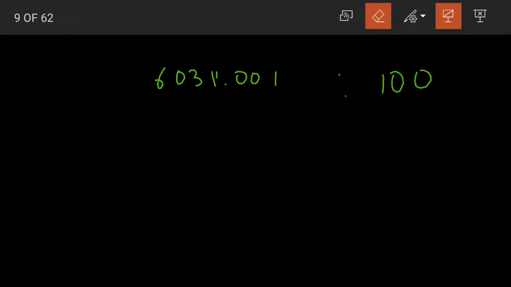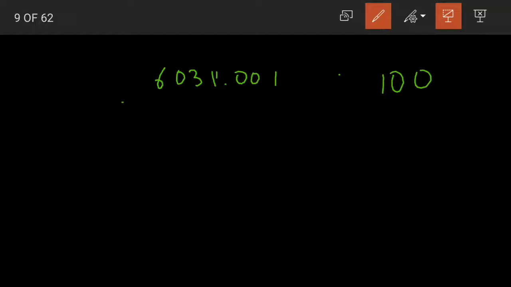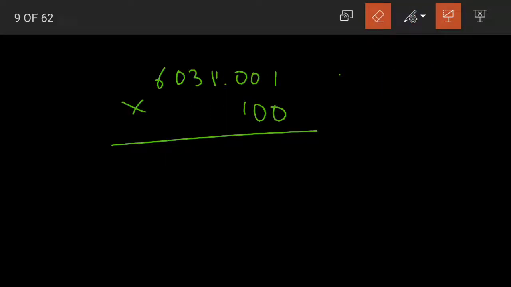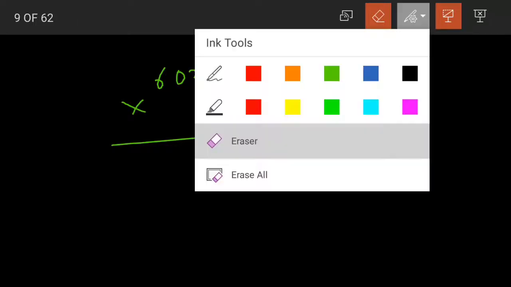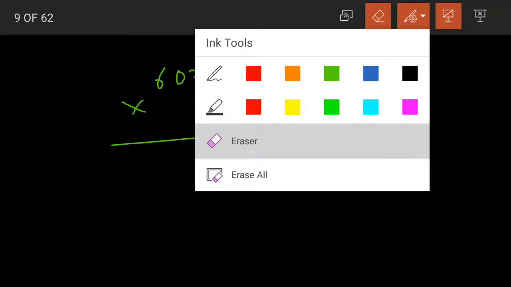Okay children, we know that we did not cover multiplication of decimal numbers in our chapter, but multiplication of decimal numbers is very easy. We already know how to multiply whole numbers, right? So in the same way, multiply these two also as whole numbers without the decimal point. Understood? Here we are having the decimal point in 0.001, but for the purpose of multiplication you can simply forget that there is a decimal point.